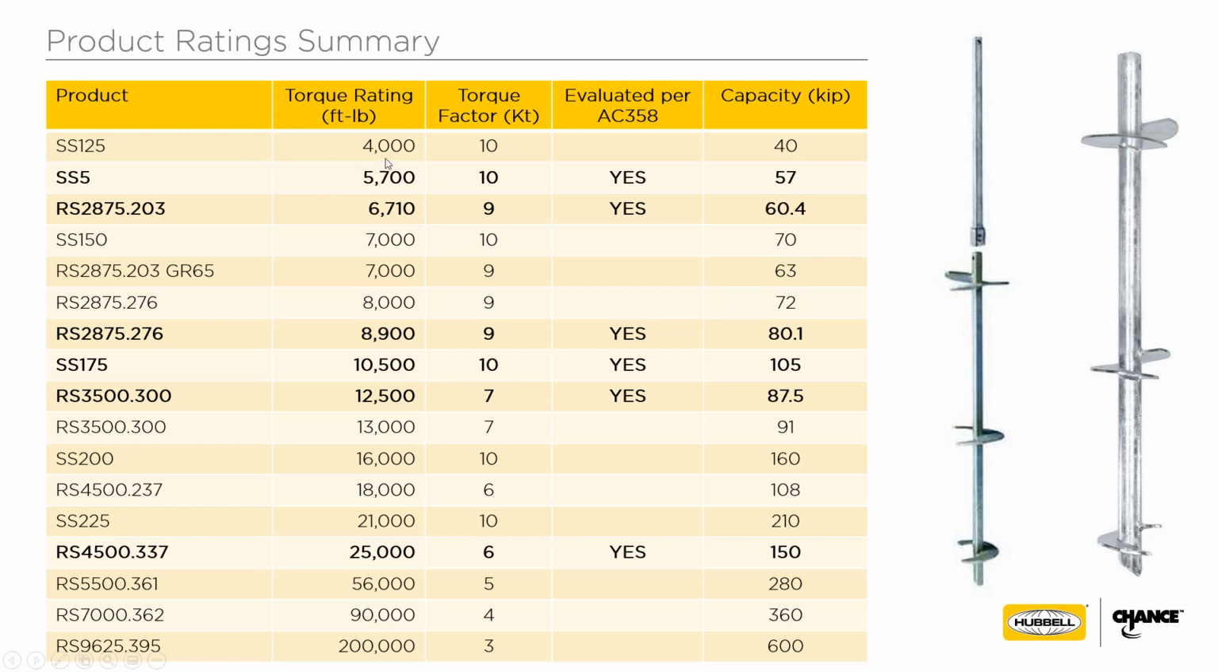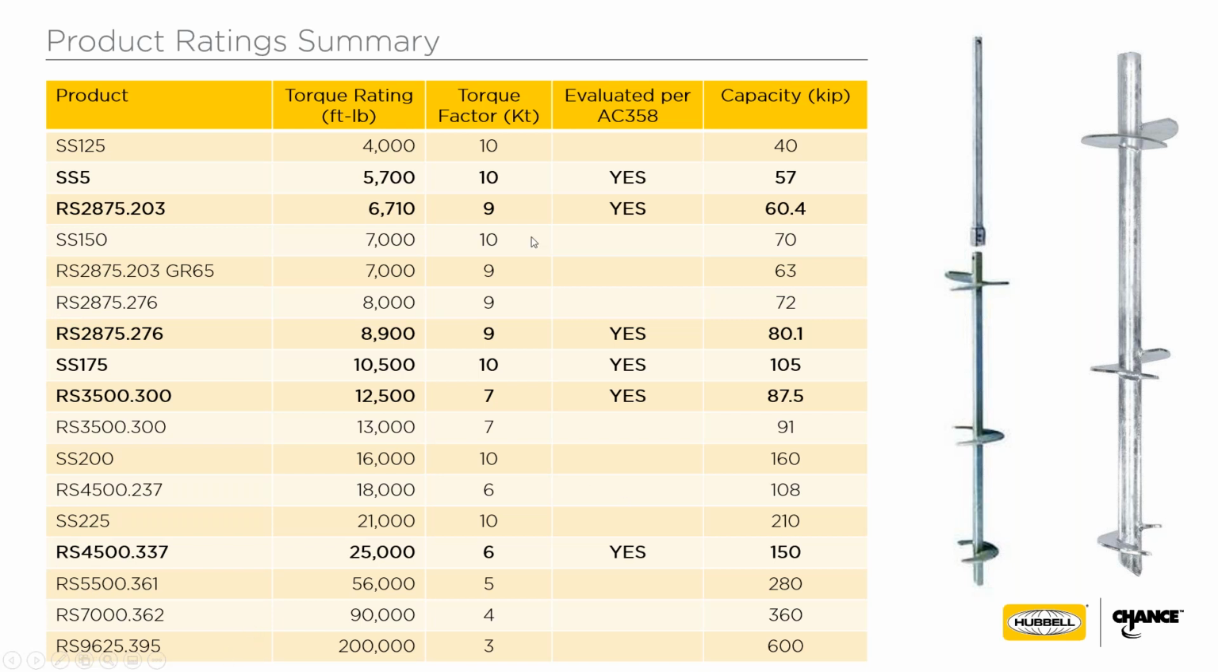Notice that we go from 4,000 foot-pound ratings all the way up to 200,000 foot-pound ratings. These are the ones that say SS, or type square shaft, which are these here. The RS are these pipe shaft products. So we go from slender square shaft elements all the way up to 4, 5, 7, 9-inch diameter pipe shaft